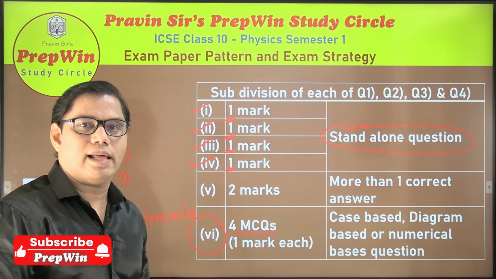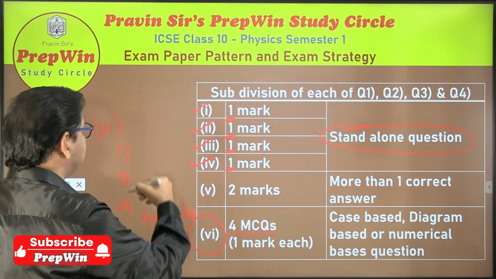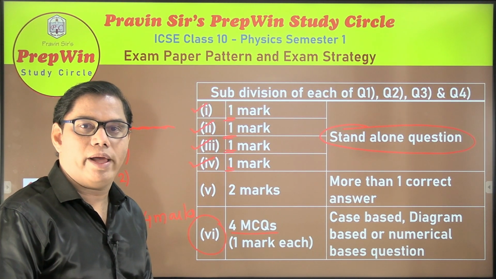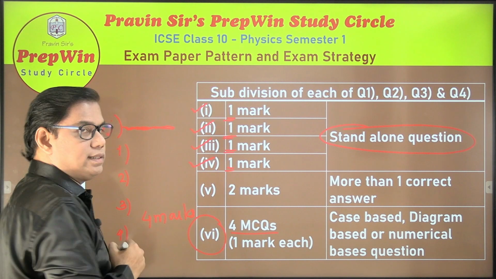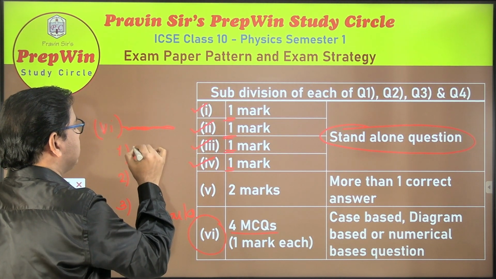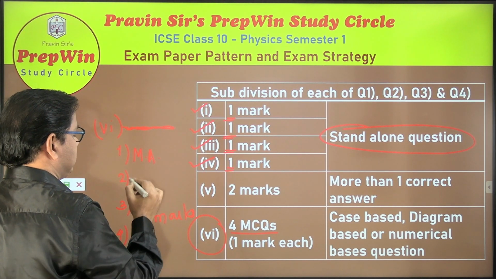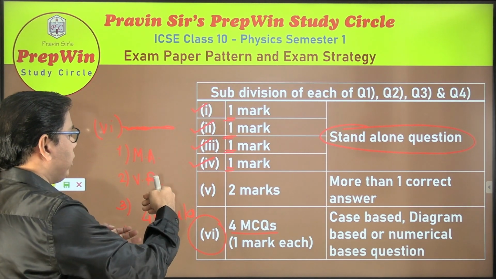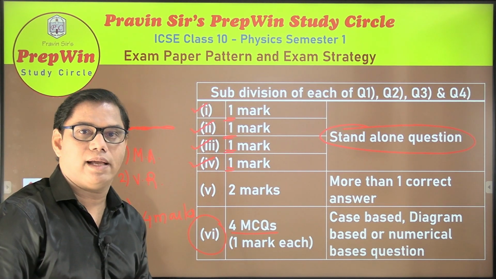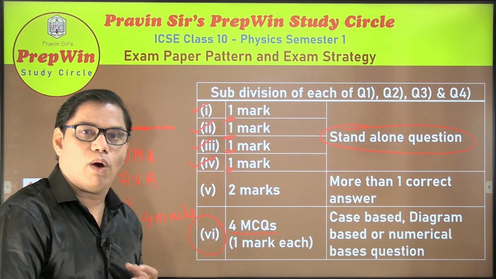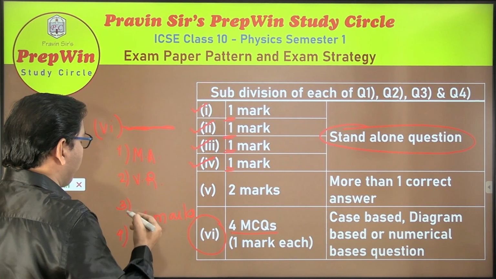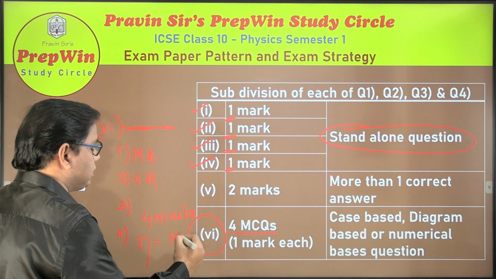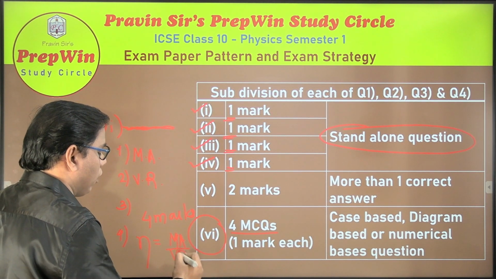Sir, what do you mean by that it is not a stand-alone question? Because these questions will be related to one another. Maybe this question number 6 is a numerical whereby a certain data is given to you, and question number 1 says find out a mechanical advantage. Question number 2 says find out velocity ratio, and question number 3 might be a relation between mechanical advantage and velocity ratio, how they are related to one another, and question number 4 might be to find out efficiency, and formula for efficiency is mechanical advantage upon velocity ratio.